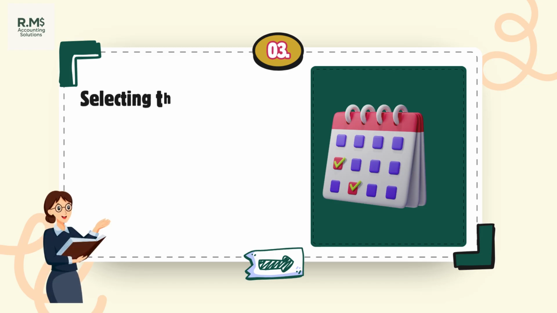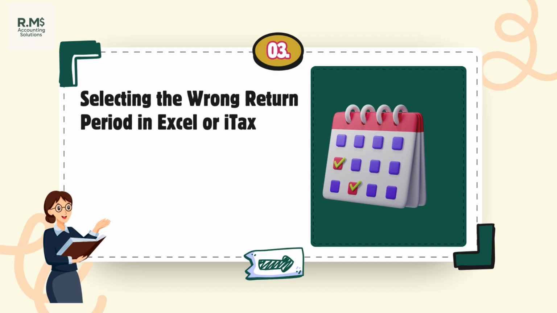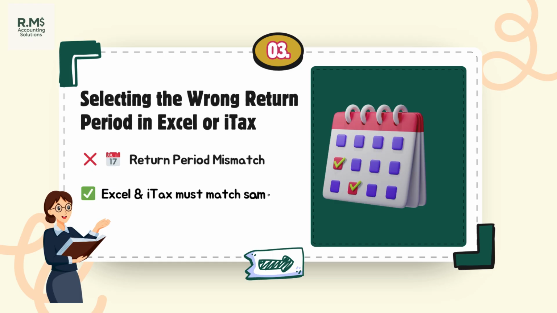A common mistake is selecting the wrong return period, either inside the Excel file or on the iTax portal. For example, you may select 2024 in Excel but choose 2023 on the iTax portal. If the two don't match, your return may be rejected or fail completely. Always make sure the return period selected in Excel is the same as the one you choose on the iTax